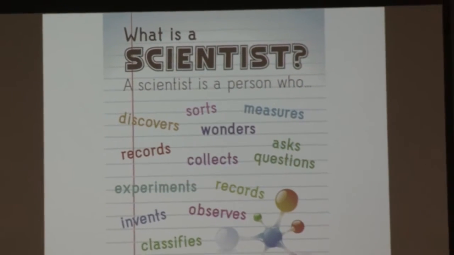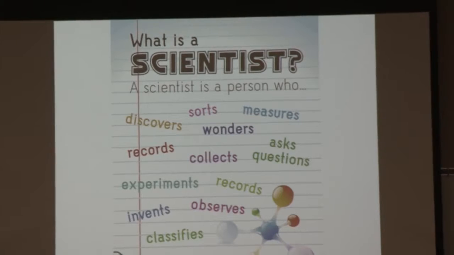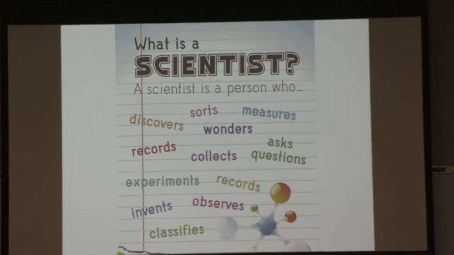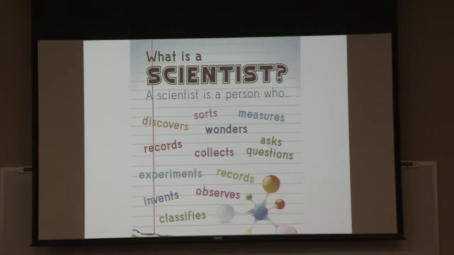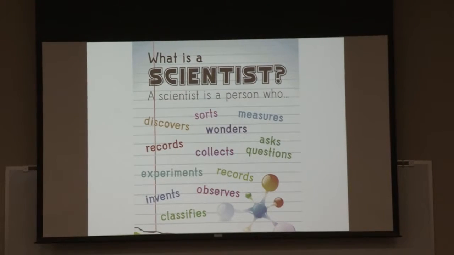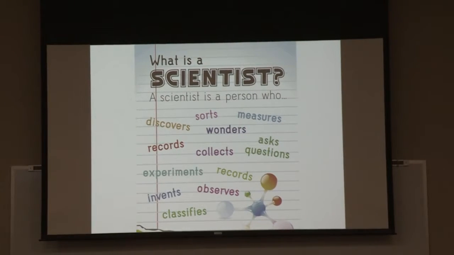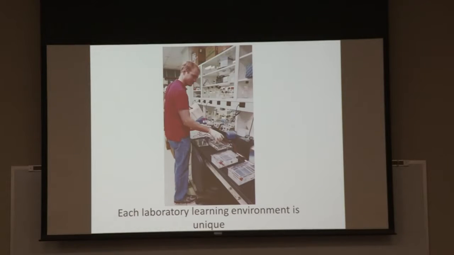So I'm Mari Davidson, as he said, and I'm coming to you from the Basic Science Research Laboratory Center. And so that's what I'm going to base my discussion on. So when you look at this poster that describes some attributes of a scientist, I hope you notice that all these words here are action verbs. And that's why we feel that a laboratory is really an important learning environment for a student to become a scientist. That said, every laboratory environment is unique.